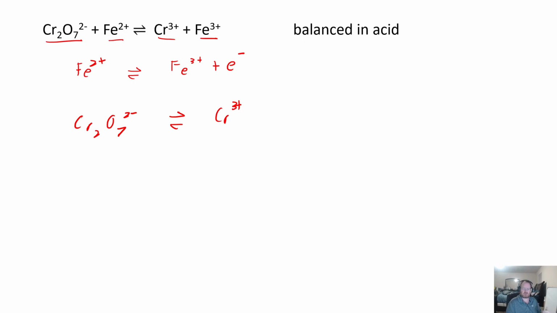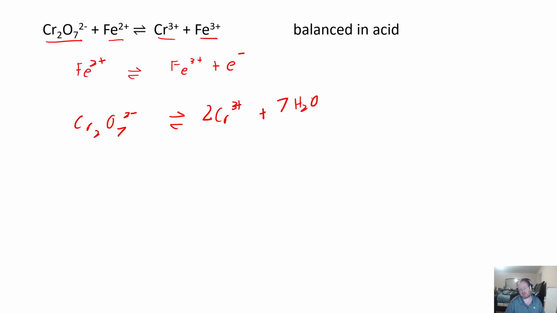In this case, remember that we're saying this is an acid. That implies that you have water around, right? So there will be water present, so it can show up in the reaction to balance the atoms, because right now the atoms aren't balanced. So first, chromium: there's 2 on the left, 1 on the right, so I need 2 Cr3+. Now to balance the oxygens, the species I have available to me is water. Because there are 7 oxygens on the left, I'm going to add 7 waters on the right,